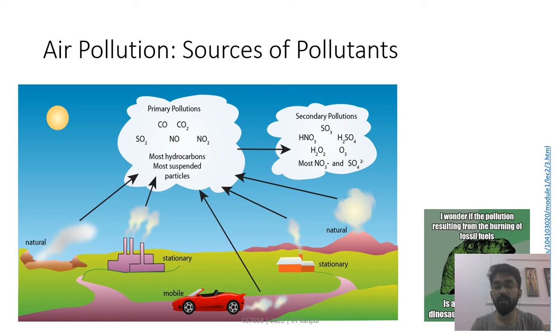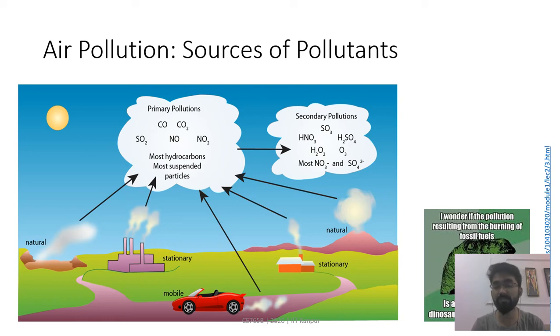And then we have mobile sources, which are vehicles that are moving and polluting continuously. So they all combine to make a contribution to the atmospheric pollution, and they could be the primary pollutants. The examples are carbon monoxide, carbon dioxide, oxides of nitrogen, sulfur, and hydrocarbons that come from the combustion of fossil